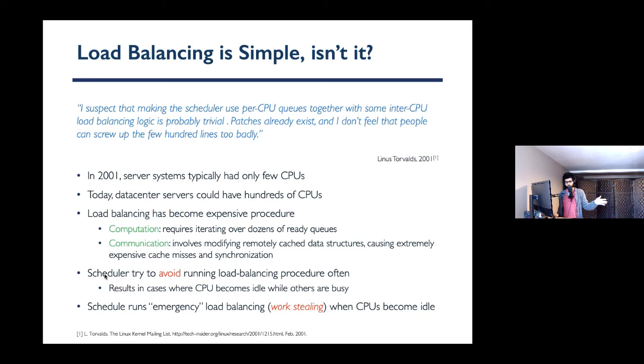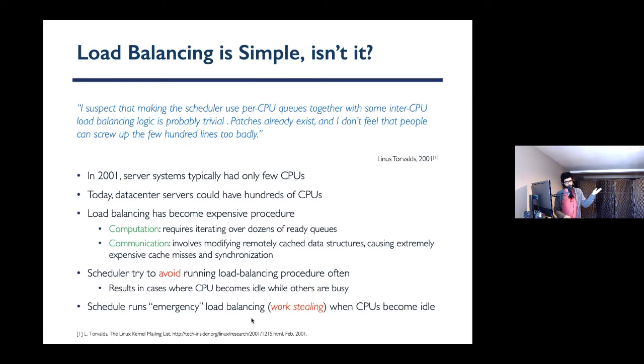So long story short, this led to a lot of optimizations in the Linux kernel. Instead of doing it really frequently, instead of doing it per core, they started cutting it off. Maybe we shouldn't do it frequently. Maybe we shouldn't do it per core. Maybe we should group cores and then calculate the load between groups and so on and so forth. Again, long story short, we ended up with something that is very commonly used called work stealing, which basically means